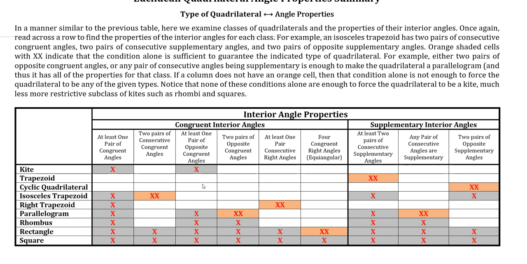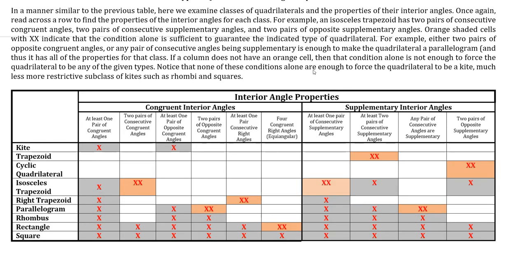So that's dealing with congruent interior angles. Let's look at supplementary ones. Kites don't necessarily have any supplementary angles. Neither do right trapezoids. That is incorrect. Let me fix that. Okay, actually what I had was correct, but I neglected to put in a column here that I want to add, that I've just added here. So at least one pair of consecutive supplementary angles is enough to make it a trapezoid. I still don't have this quite right. Okay, here we go. At least one pair of consecutive supplementary angles is enough to make it a trapezoid,